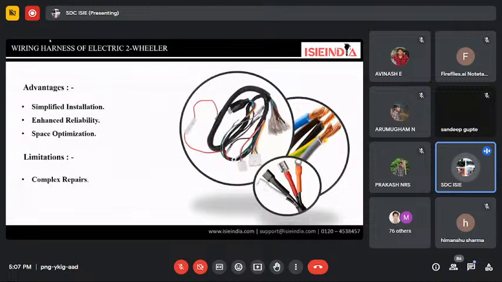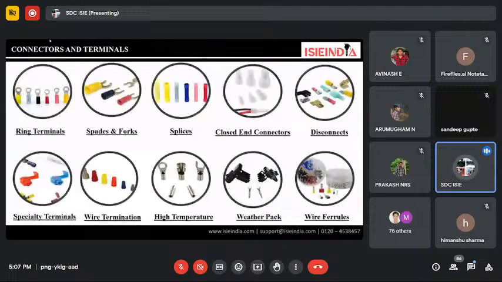Along with that, we have appliances which connect through this. These clips are widely used with the harness for clamping in every area of the vehicle. Clamps are plastic molded parts used for mounting and snapping. Along with that, ring terminals are used to connect, for example, a motor controller